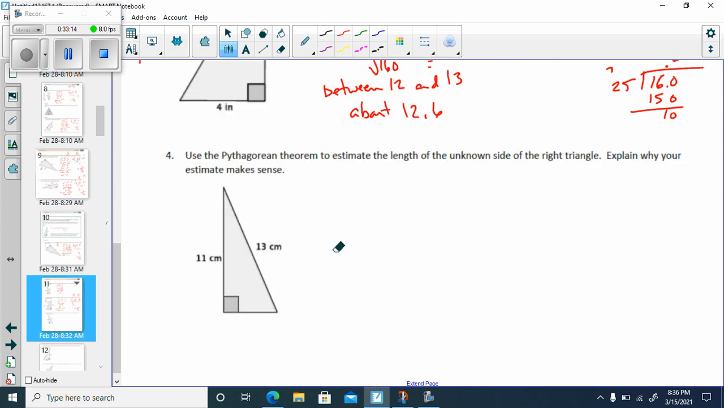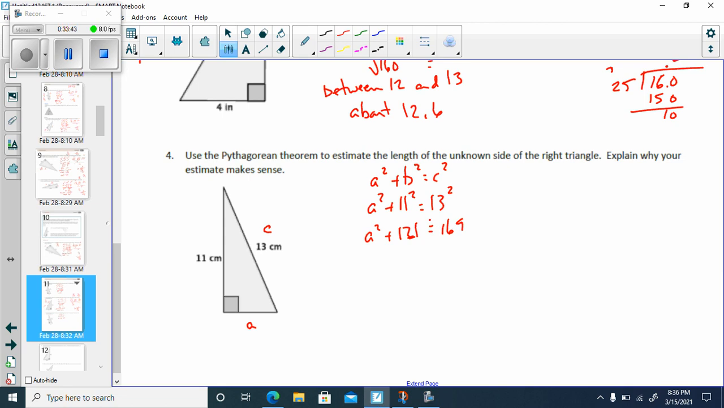Let's look at number 4 here. Number 4 is actually on page 12. All right. We're looking for this side. We know that the C is across from the right angle. Pythagorean theorem is A squared plus B squared is equal to C squared. So if I got A squared plus 11 squared is equal to 13 squared. A squared plus 121 is equal to